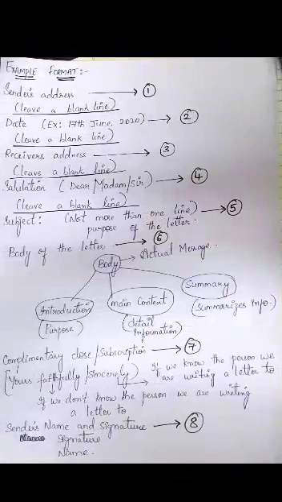Okay, then comes the complimentary closure or the subscription. At the end of the letter we write the complimentary closure, that is nothing but yours faithfully or yours sincerely. If we don't know the person we are writing a letter to, we use yours faithfully. Kindly note that there should be no apostrophe in yours. Yours should be written without an apostrophe. You can use yours sincerely if we know the person we are writing a letter to. Okay, I hope it is clear.